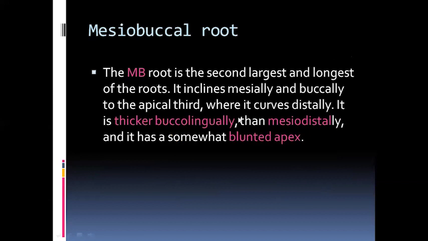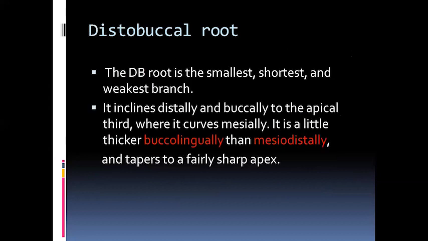Second is the mesiobuccal root. The mesiobuccal root is the second largest and longest of the roots. It inclines mesially and buccally to the apical third, then curves distally. It is thicker buccolingually than mesiodistally. It has a blunt apex. And third is the